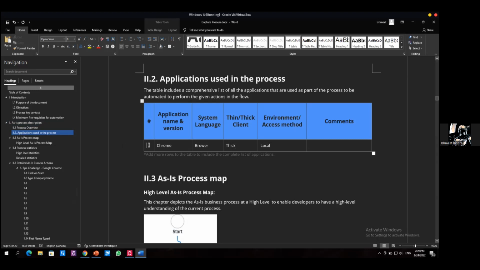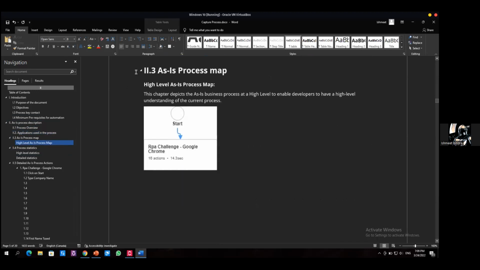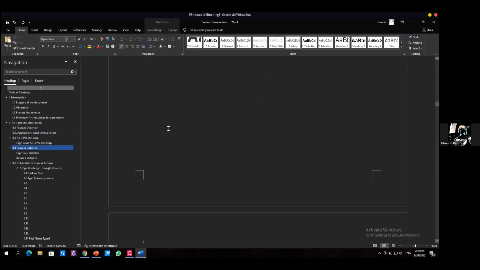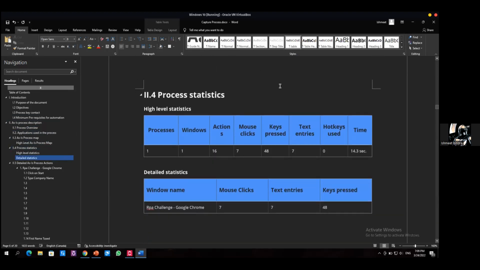Okay, and this is the first application that I have added. You can go ahead, expand it, do anything with it. Once this is done, obviously you have the process map diagram that you just created. With that, you also have process statistics. This is very important because these are high level as-is statistics, meaning that this much is the amount of time that was taken, or this much is the amount of clicks that happened when a human is performing this particular